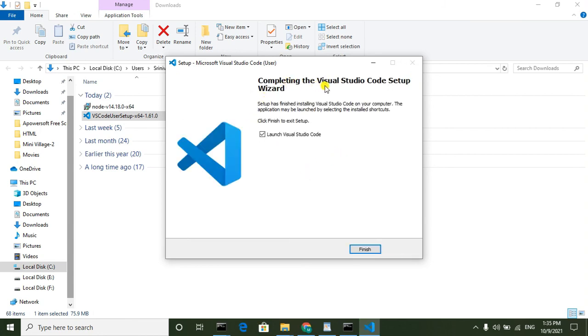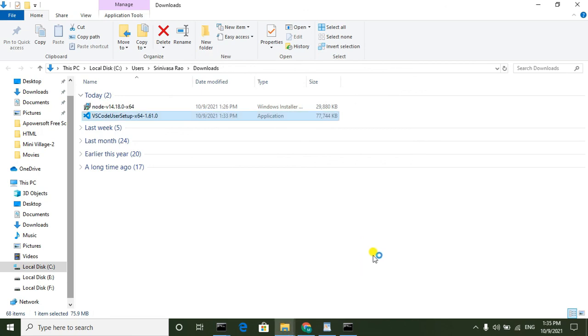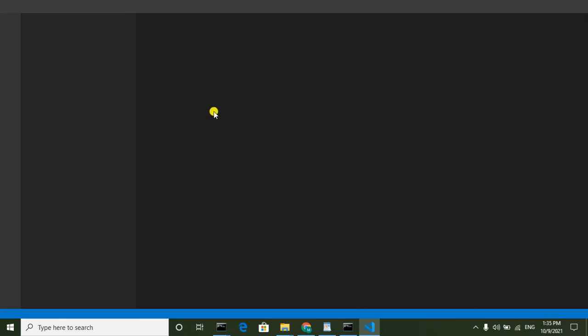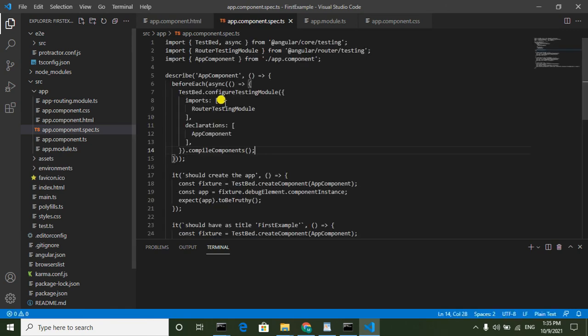So completing the Visual Studio Code setup wizard. I'm going to select the finish button. Now VS Code is successfully installed. It automatically loads VS Code.